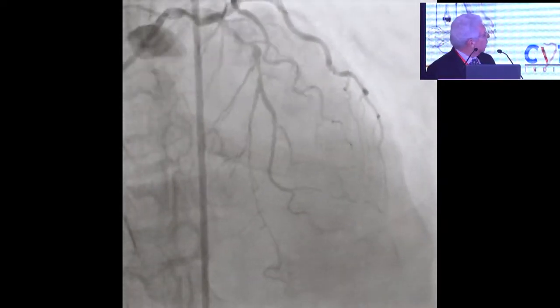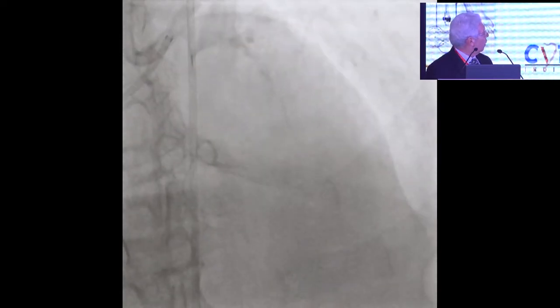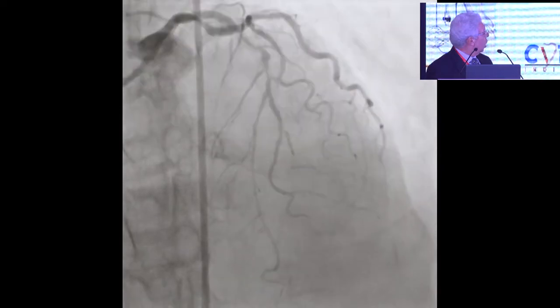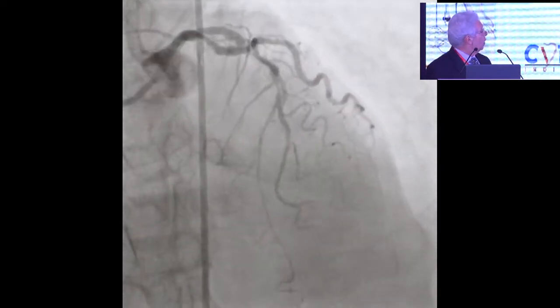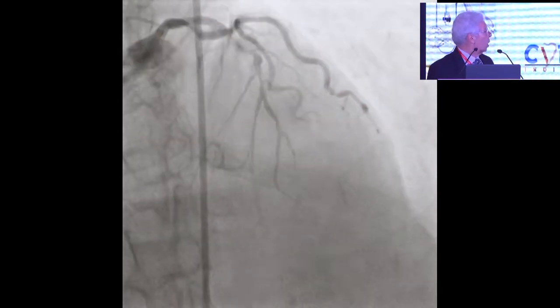Again, this is the disease extending all the way. And you can see the angiographic calcium before we even put IVUS. We did use IVUS. And please note, if you're treating this case, where would you want to land your distal stent? Because the reason I had the rotablator ready was in case the lesion was uncrossable, but I